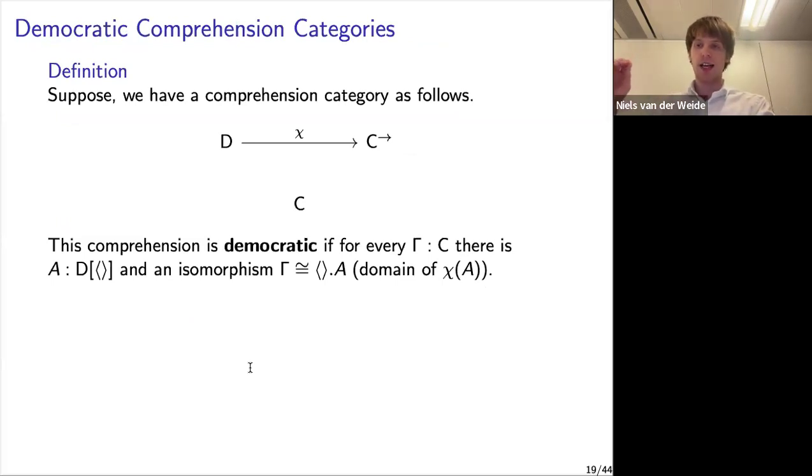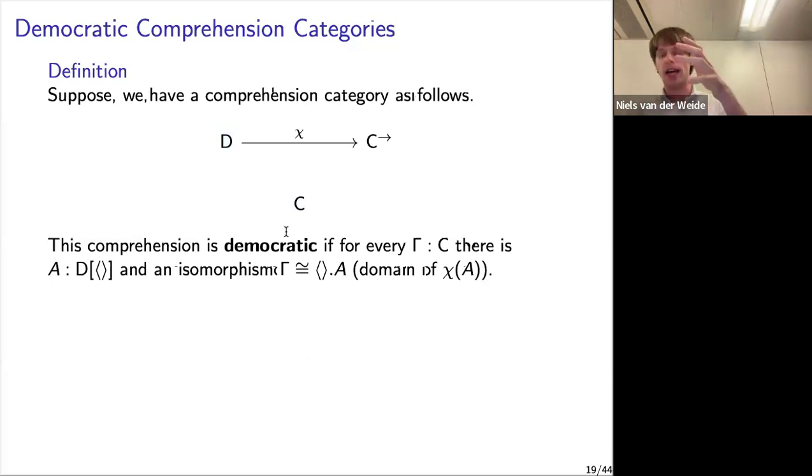The easiest way to understand and to remember it, and this is something that has been in my mind for many years: every context has a representative. So what does democracy say? If we have an object in C, then there's a type which represents this context, a type A in the empty context, such that gamma is isomorphic to this